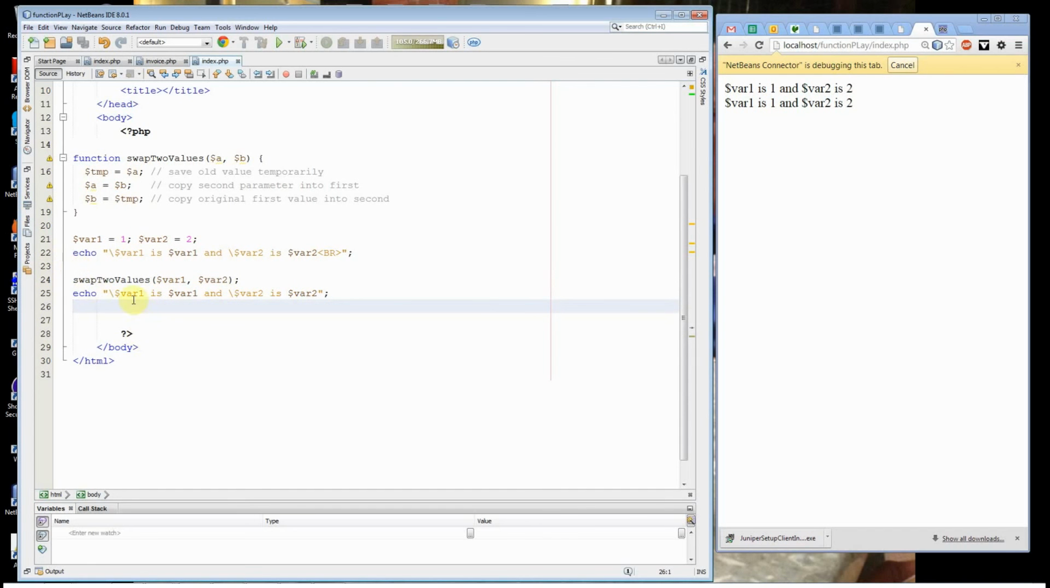Well, why didn't it swap? Didn't it swap the values here? Well, the problem is that these values are local to it. In other words, sure, I swapped a and b, but it was just a and b in here. So if I took the value, if I looked like this,